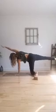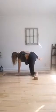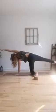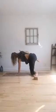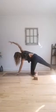Two more. Inhale, extend out, reach out. Exhale, left knee, left elbow together. Last time, inhale, reach. Exhale, knee and elbow come together. Inhale, lengthen out. And as you exhale, bring your left foot to the floor, lift your right arm up, kind